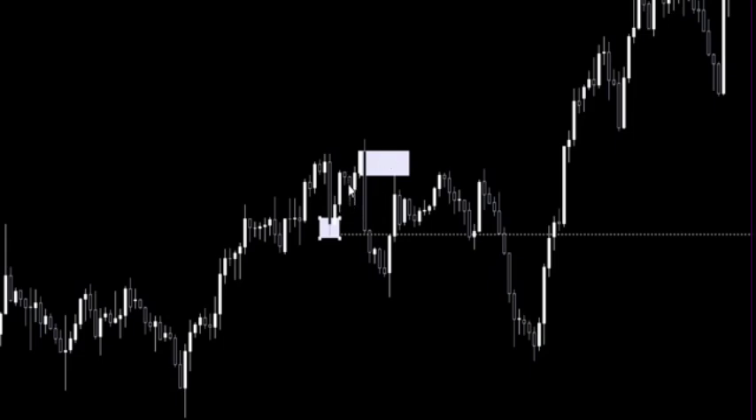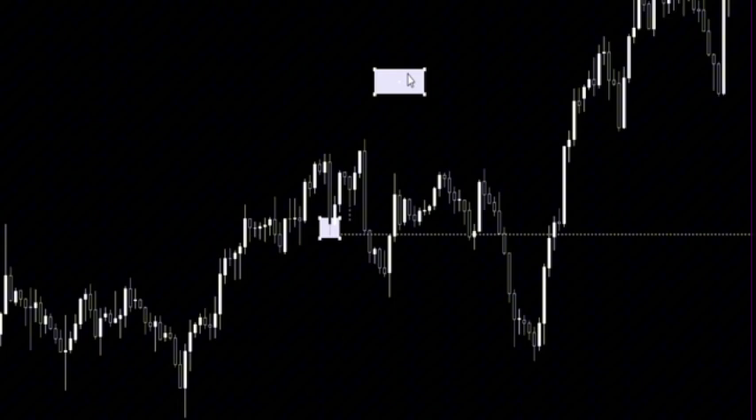This is a breaker block. This particular candle, let me mark it out for you so you can see. This particular candle is a breaker block. So this one is a breaker block. So price can react from there, or price can even reach your order block, or it can just react within